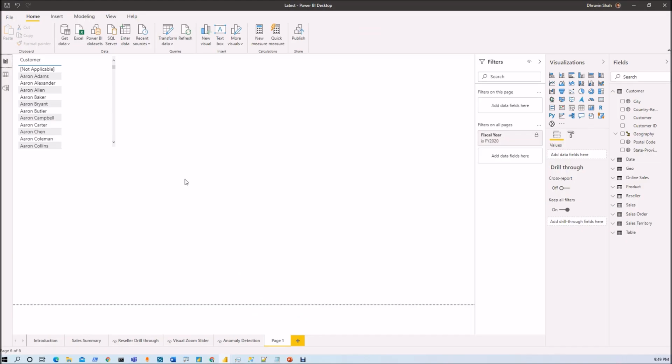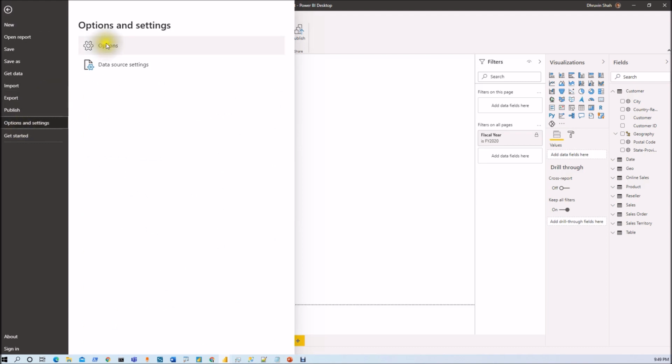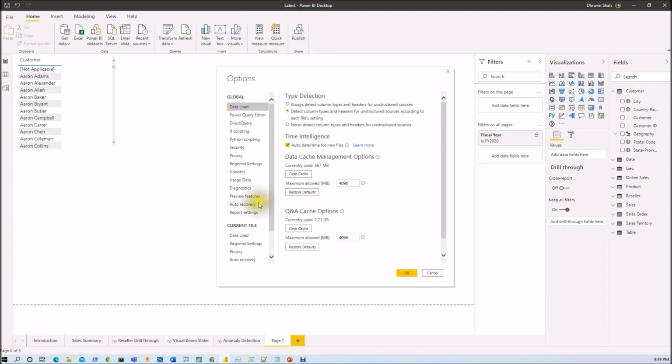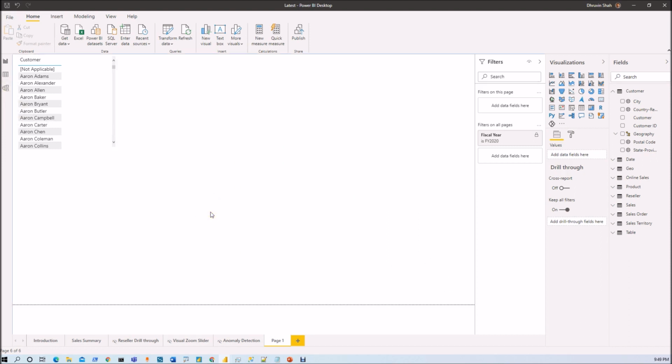So these new Power BI field icons have been rolled out with the November 2020 Power BI Desktop update. So the first step is to make sure that you have updated your Power BI Desktop to the latest version of November 2020. Now the second thing is that you need to activate the preview feature. Go to the File menu, go to Options and settings and click on Options. Go to Preview features. From here, make sure that you have activated the new field list feature. Just click on OK and relaunch your Power BI Desktop. I already relaunched my Power BI Desktop after enabling the preview feature.